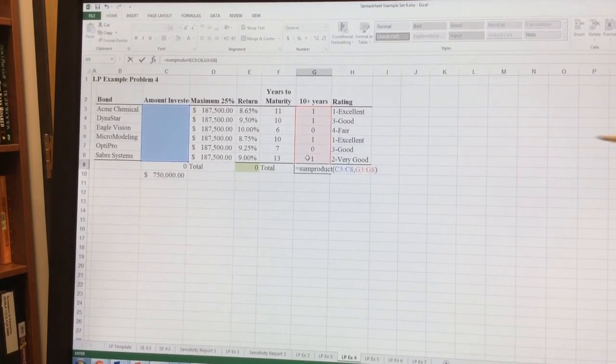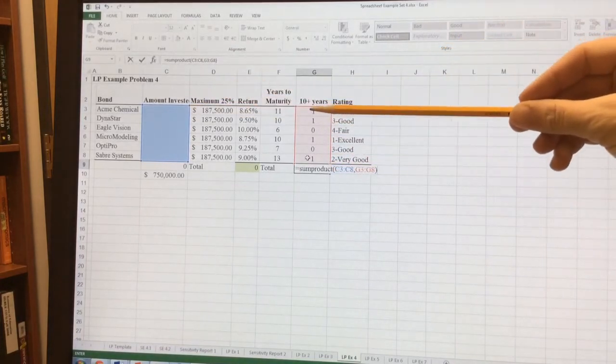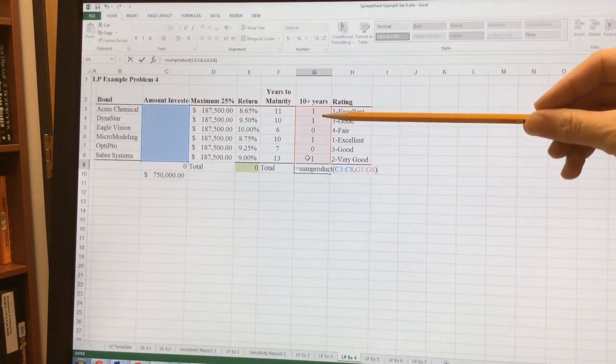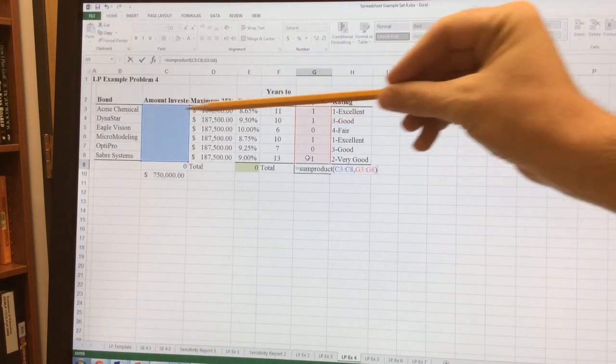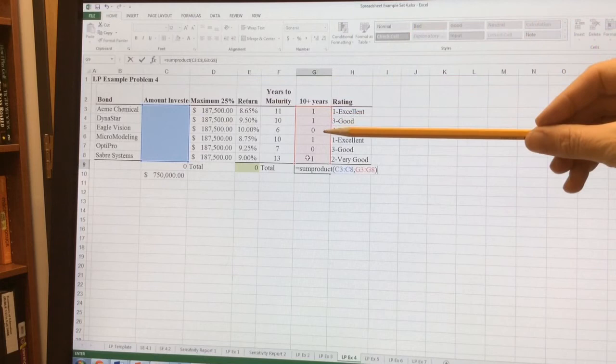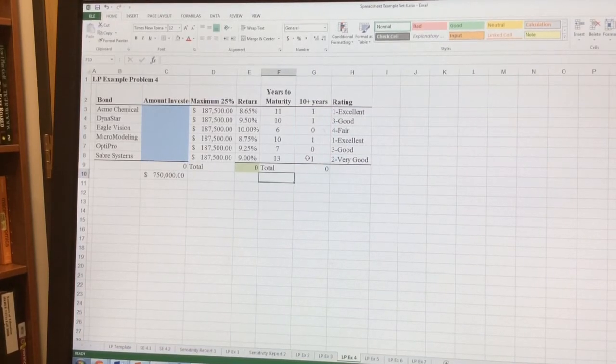What this will tell us is it's going to do the sum product. So it's going to be x1 times 1, which is x1, plus x2 times 1, which is x2, plus x3 times 0, and that's what we want, because we want this constraint to be x1 plus x2 plus x4 plus x6. By doing these 1s and 0s, we get that sum product, and we want this to be the requirement that we have